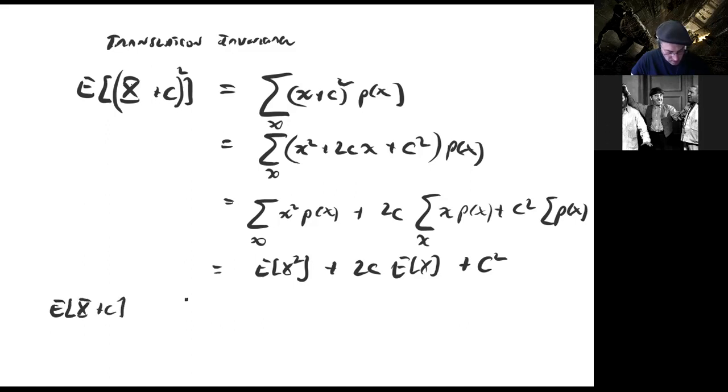That's the sum over x of (x plus c) times p of x. And that breaks up if you,